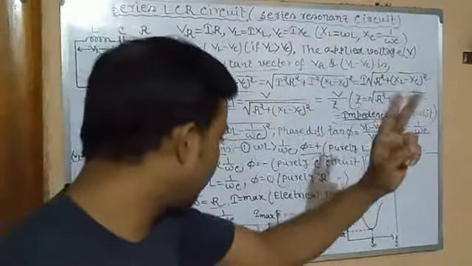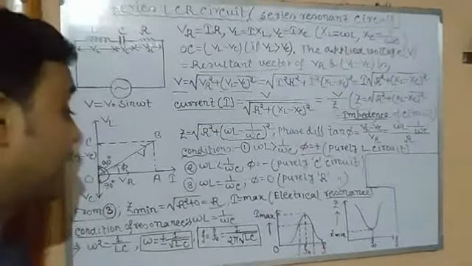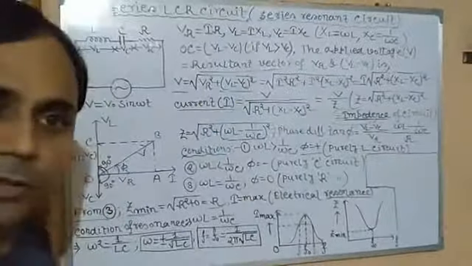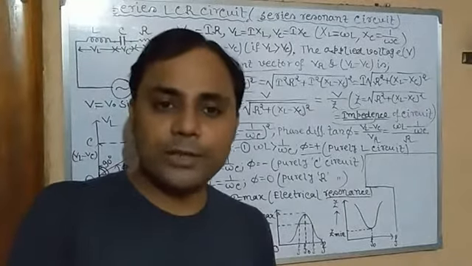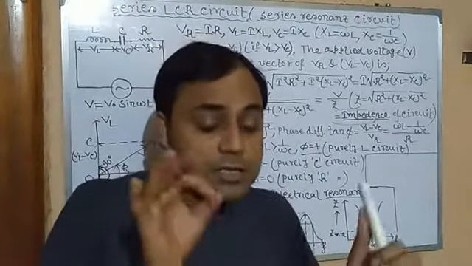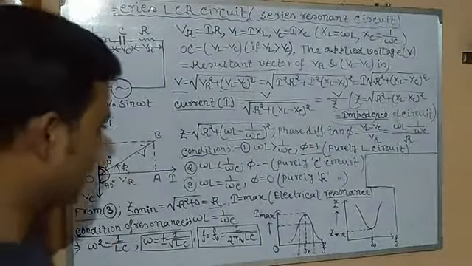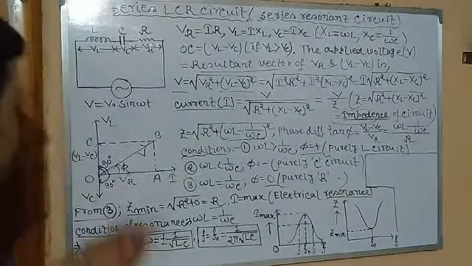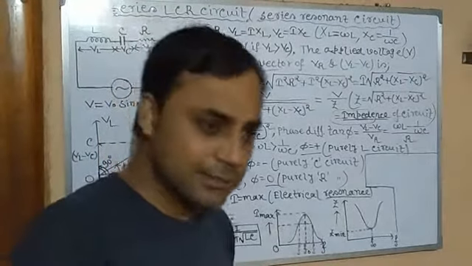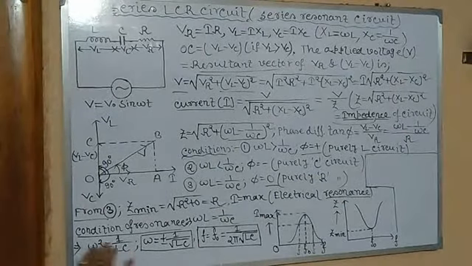So in electrical resonance, what happens? When the inductive reactance equals the capacitive reactance, only in that case is impedance minimum, and this is called a series resonance circuit. It means when the frequency of the applied voltage equals the frequency of the circuit, there is no phase difference, you can see phi is equal to 0. So when the frequency of the applied voltage is exactly equal to the frequency of the circuit, then it is called a resonance circuit, or electrical resonance. Clear? So what is the condition of resonance?